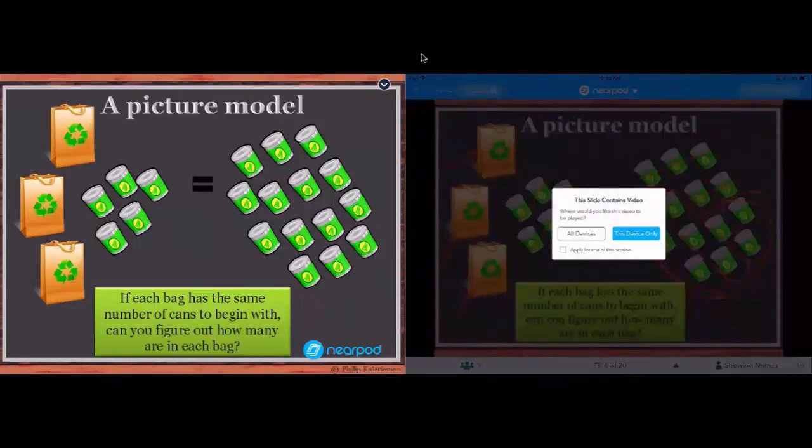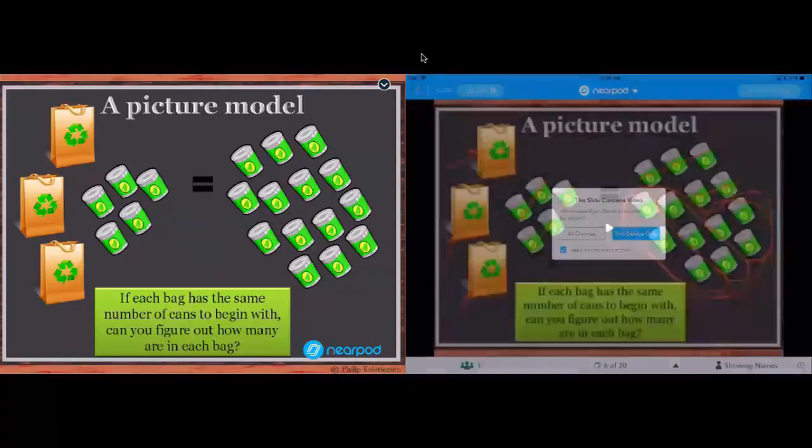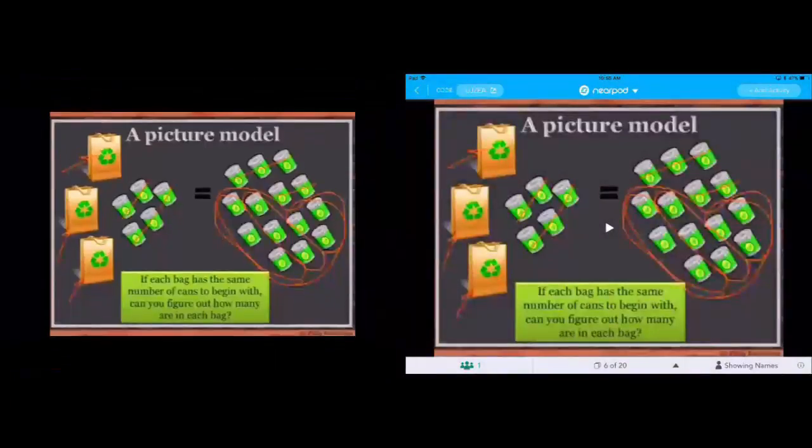All right, now we also have video included, so he asked me, do I want, if I'm projecting it, I might want the video to only come across on mine, but in this case I want the video to be available on all devices. And so before we get to the algebra, I see the video method playing here. Solving equations, I'll let it play for just a second.